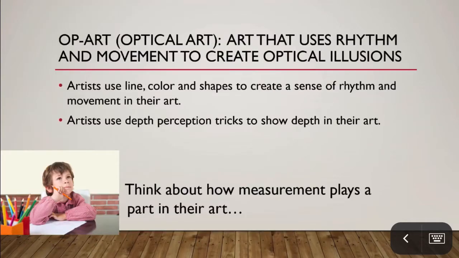Op art, optical art, is art that uses rhythm and movement to create optical illusions. Artists use line, color, and shapes to create a sense of rhythm and movement in their art. Artists use depth perception tricks to show depth in their art. And as we look at three of the biggies in the op art movement, think about how measurement plays a